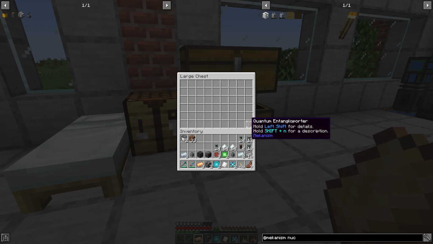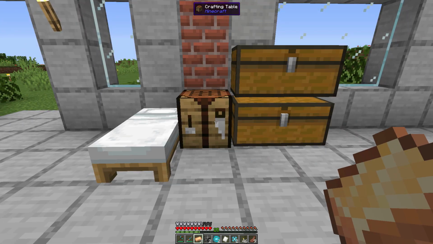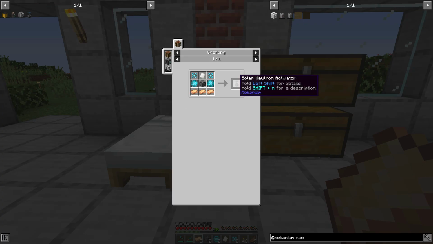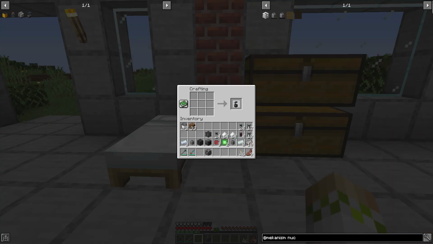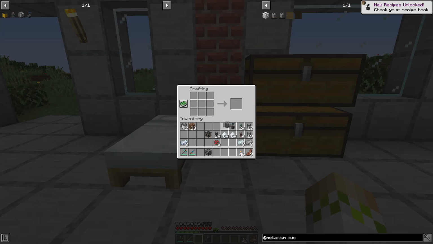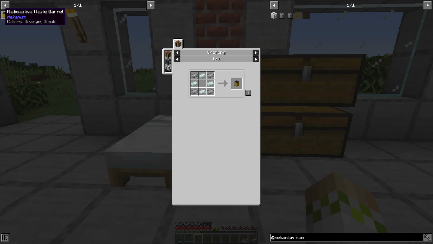So we're going to use those, and then I have a quantum entangloporter just to bring power over to the setup and make it look a little bit cleaner. But if you do not have one of those or don't want to spend the resources on it, you can just wire over power like regular using a cable, and you'll be all good to go. So first things first, we're going to craft the solar neutron activator. Then we're going to make the pressurized reaction chamber, and we'll grab out our pump like so,